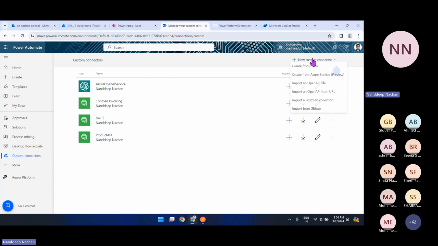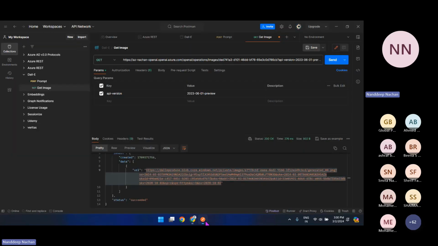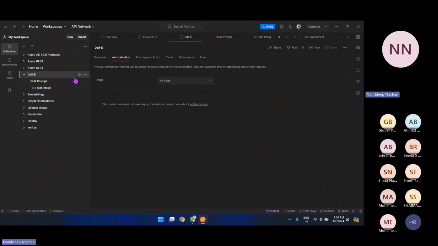So now that we have explored import from GitHub, create from blank is pretty much simple: you go ahead and start the wizard to create your custom connector. Now we will see how you can use the Postman collection to create your custom connector. So now that we have tested everything in Postman, what we will do now is